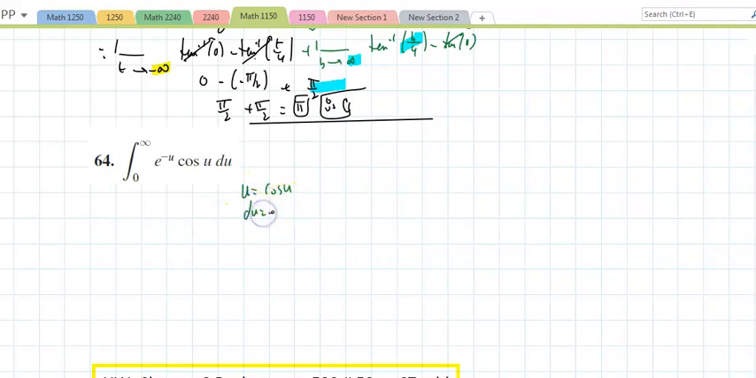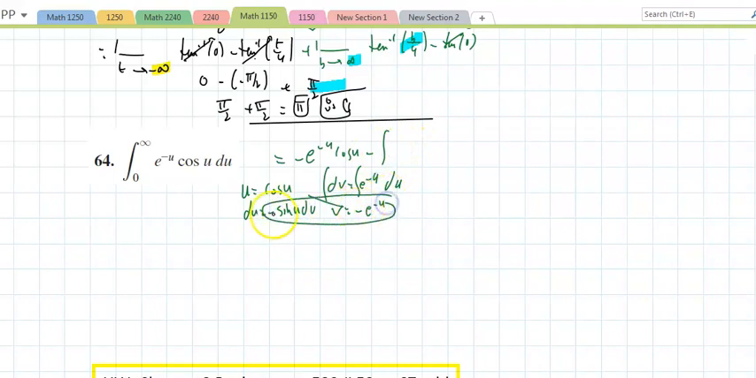du is negative the sine of u du. dv is e to the negative u du. And if I integrate, I'll get v to be negative e to the negative u. u times v, negative e to the negative u cosine of u, minus the integral of v du. So negative times a negative makes that e to the negative u sine of u du. That's going to equal negative e to the negative u cosine of u,